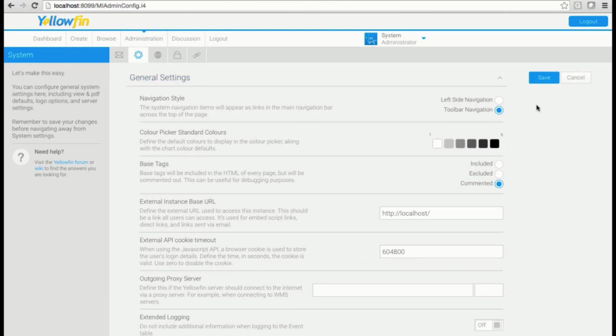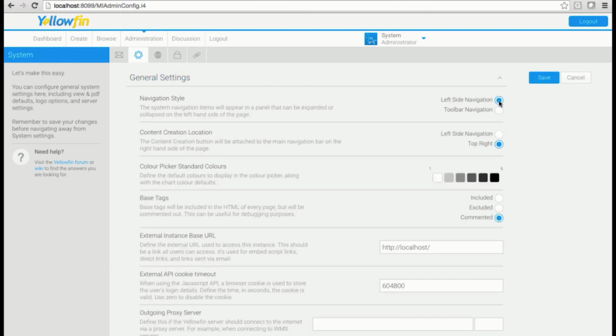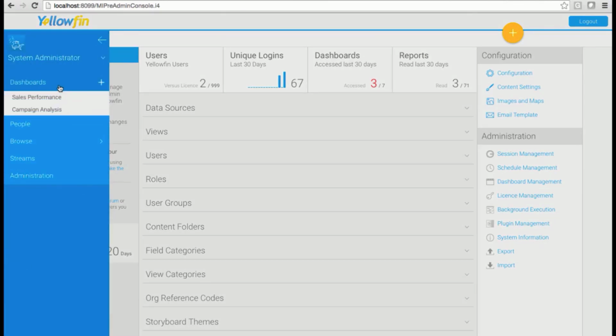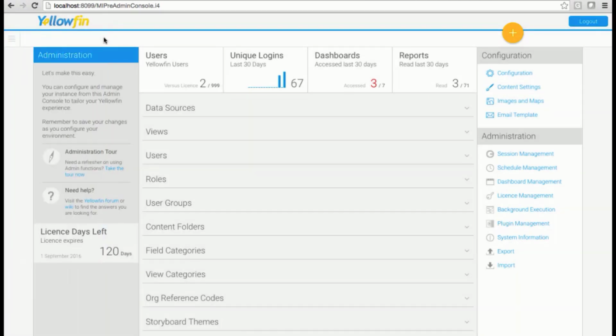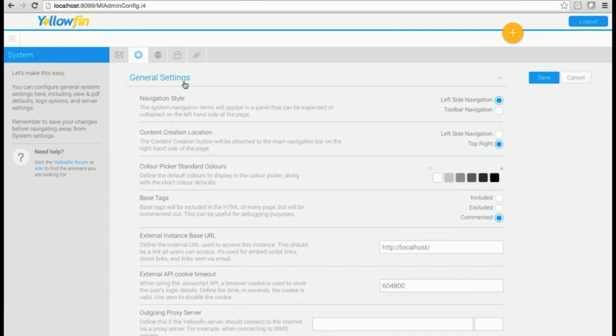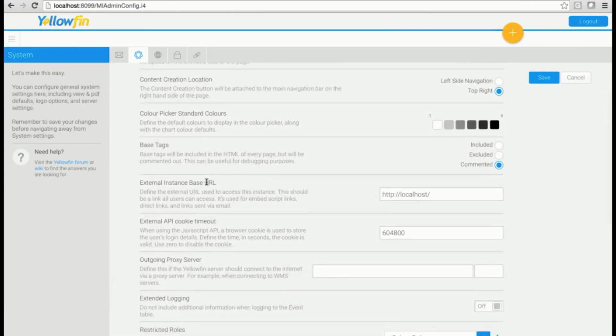So with Yellowfin 7.2, a key item here is the ability to flick between the standard Yellowfin authentication that you see here, that you've seen in the past versions of Yellowfin, and even into other types, so the new left side navigation. So if I just quickly turn that on, you'll see now we have the new Yellowfin form of navigation, which is the left side navigation. So that's one key item there that's found within your configuration section within your general settings,